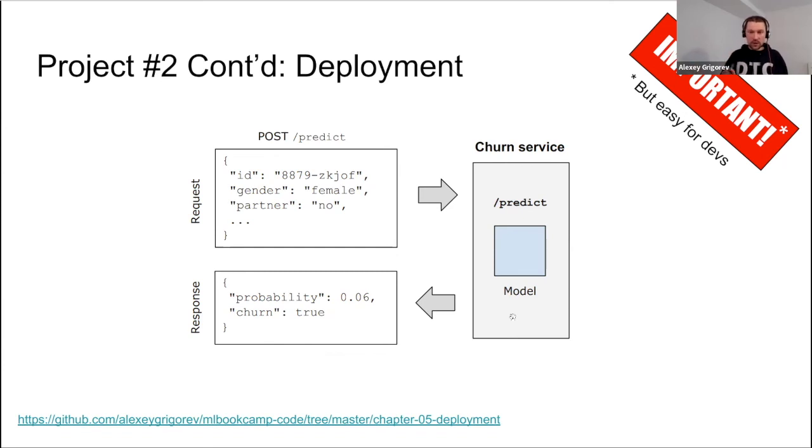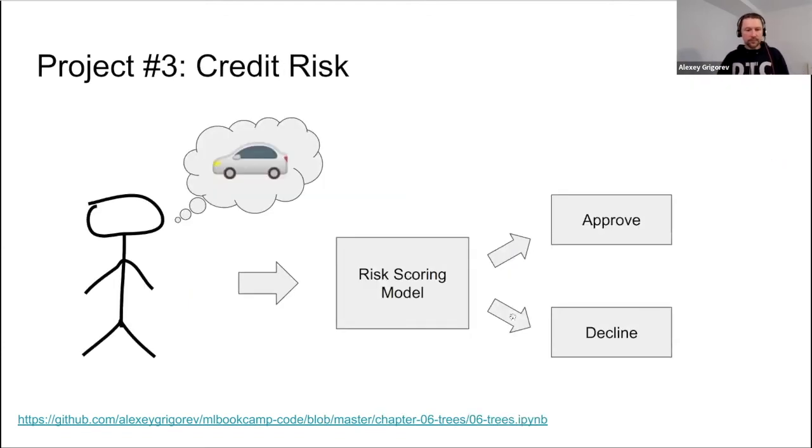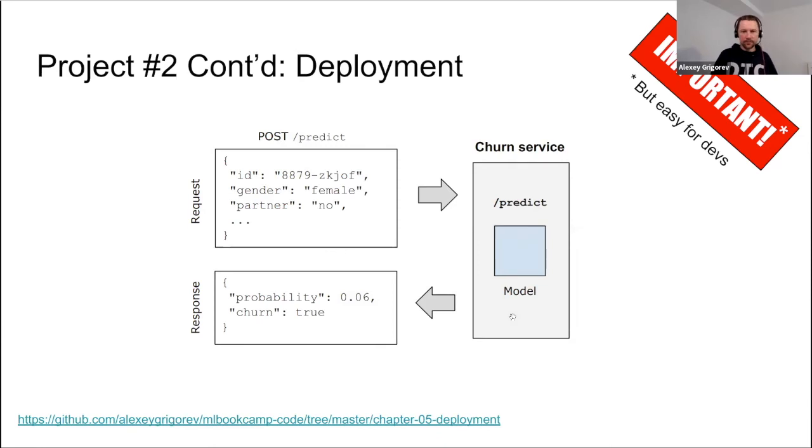The good news here is that for you as a software engineer, you already know how to create web services. You already know how to deal with all this stuff. You already know what HTTP is, what REST is, and all these things. So you just need to give it a little twist and know that inside the service you have a model, right? That's the main difference. You're again getting a JSON in the request, and then you're getting JSON back. Just inside, what this service is doing is applying the model. This is an important step. You have to learn this. The good news is it's easy for you. And yeah, that's what you can do.